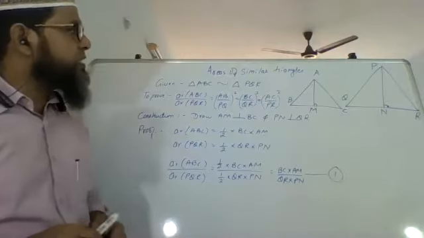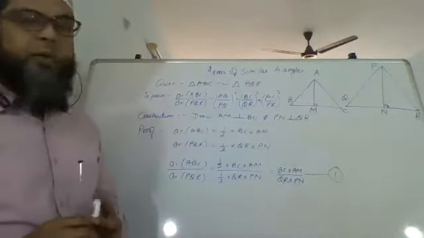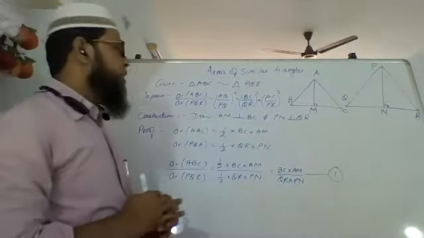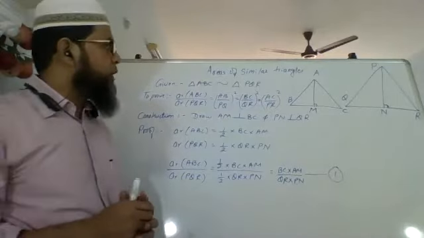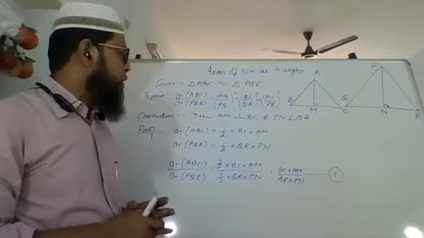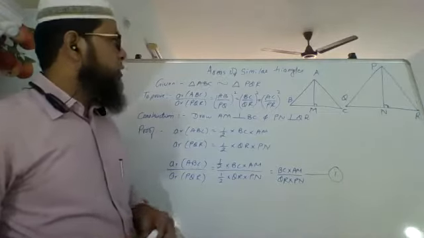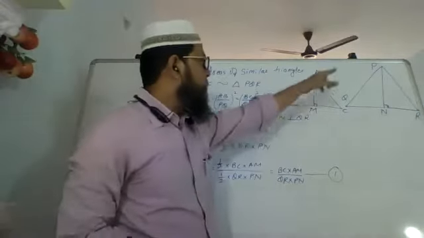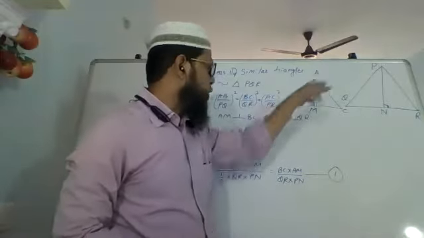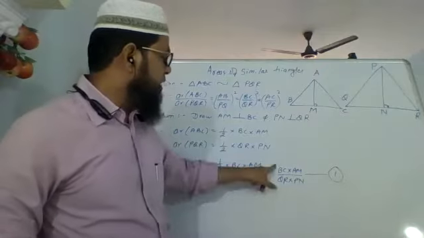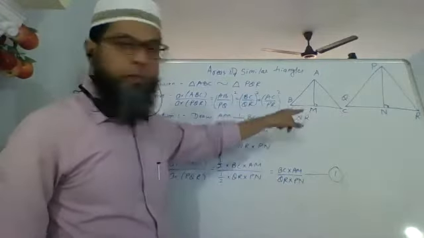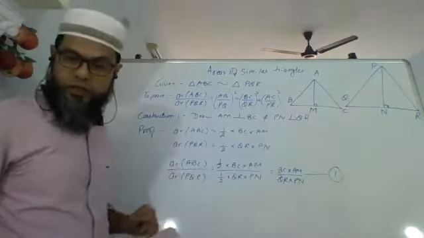If the triangles are similar, then their sides will also be in proportion. So we can say AB upon PQ equals AM upon PN. In place of AM upon PN, I can write AB upon PQ. So BC into AB upon PQ over here. And this BC and QR also are in proportion. So that's what we are going to see. Let's write it down.